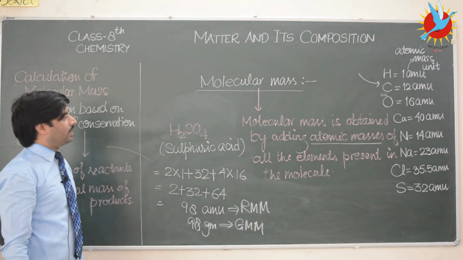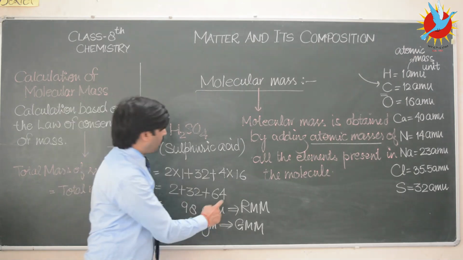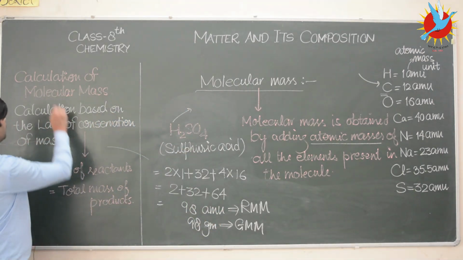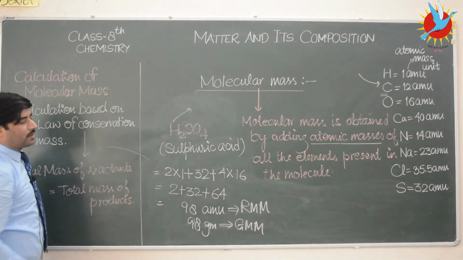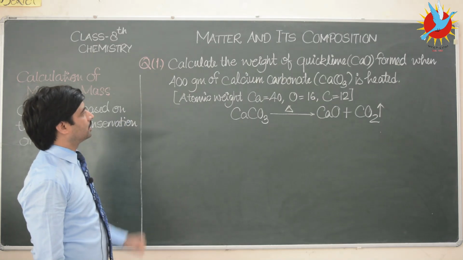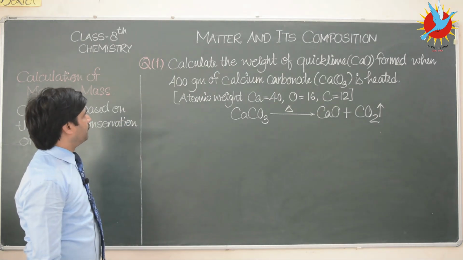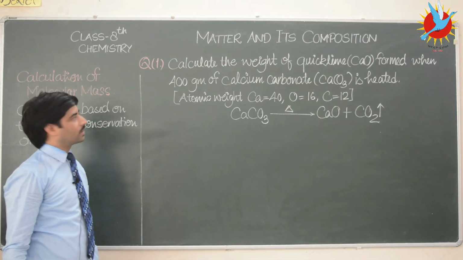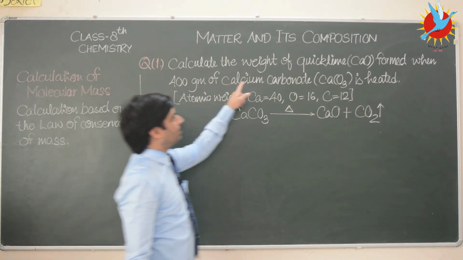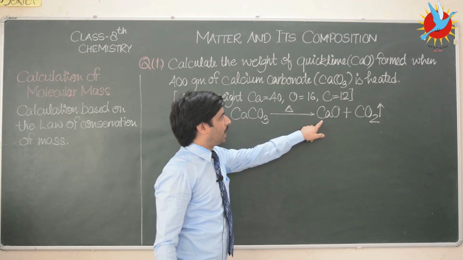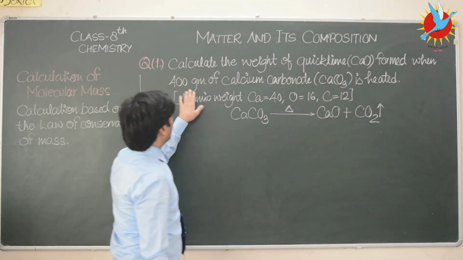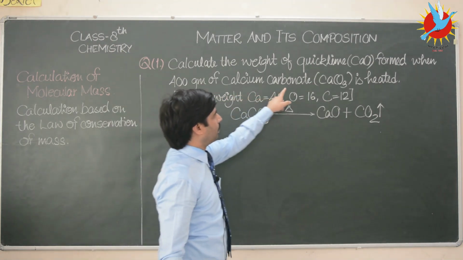So in the same manner, we can calculate the molecular mass of other compounds as well. So we have seen the calculation of molecular masses. Now we have this numerical based on the law of conservation of mass. The question is, calculate the weight of quicklime having the formula CaO formed when 400 gram of calcium carbonate having